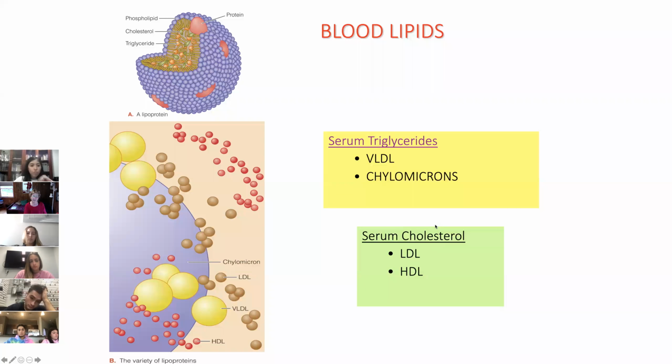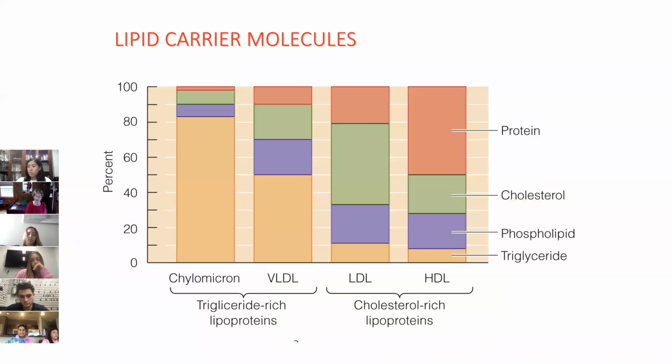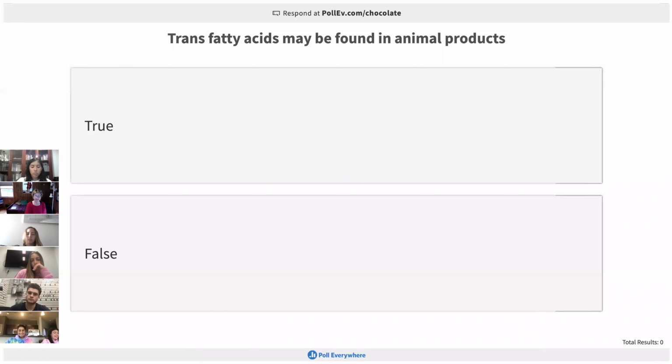And when I talked about this in the video, HDLs and LDLs are blood lipids. We do not consume HDLs or LDLs, all right? These are the lipoproteins that are transported in our body. The first ones that leave the intestinal tract are the chylomicrons, and those most resemble, or are affected by, your diet. And they're highest in triglyceride. Then as they travel through the bloodstream, the proportion of the fats changes. It's maybe related to diet, to exercise, to genetics. We'll come back to that.